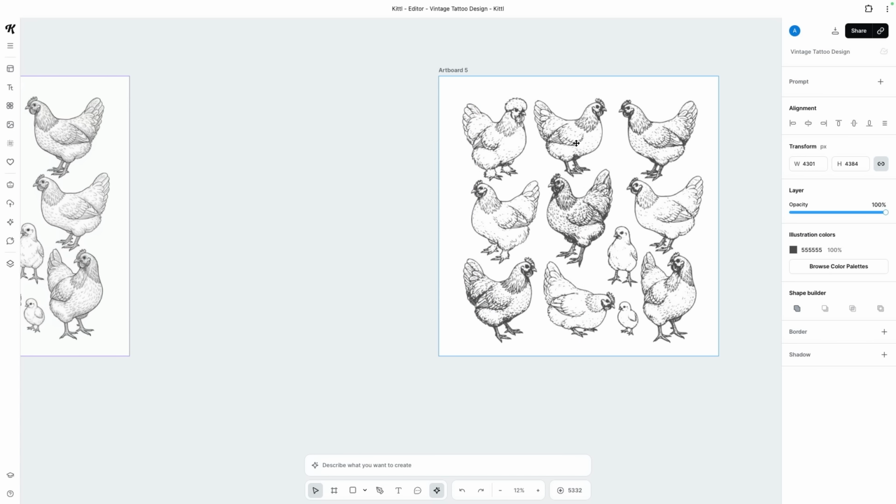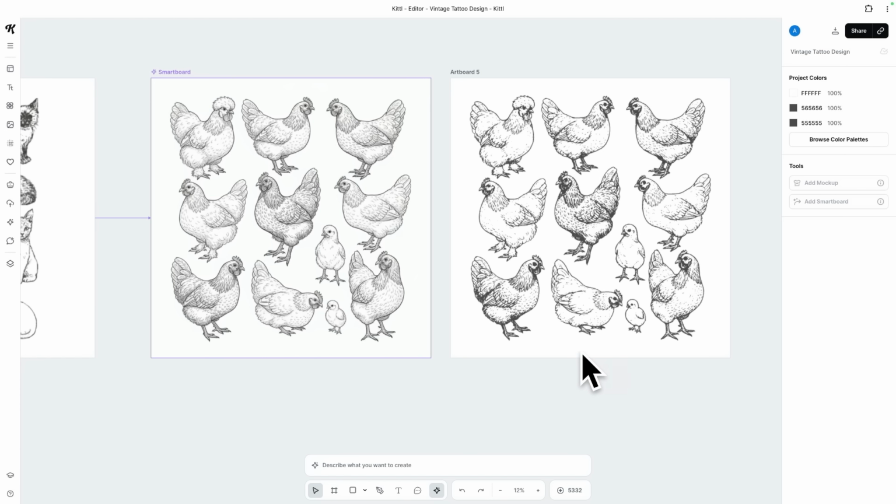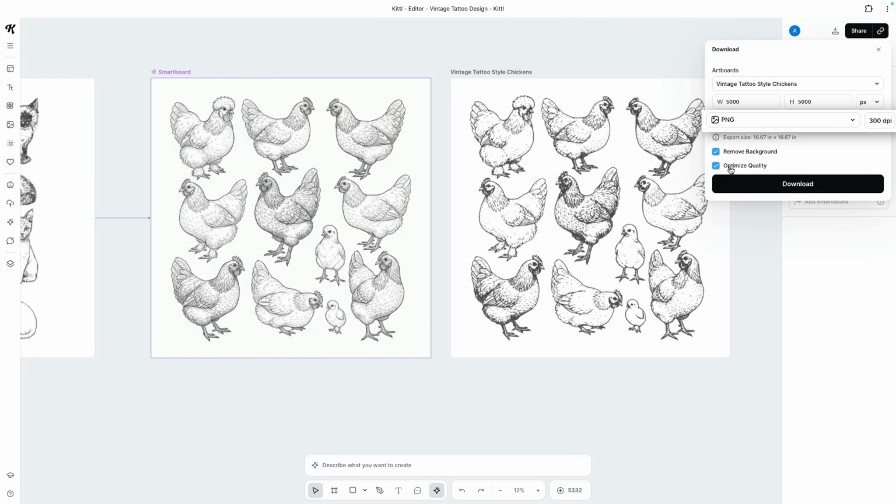Drag the design onto the artboard. From here, you can make additional changes to this illustration, but I'm actually really happy with how this looks. So I'm gonna go ahead and select export, and I'm gonna save this as a PNG file with a transparent